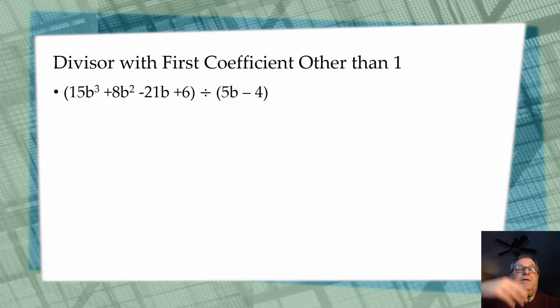All right, here we got 15b cubed plus 8b squared minus 21b plus 6 divided by 5b minus 4. Well, I got b cubed, b squared, b, so I don't have to put any zeros in there. But I can see when I divide, get this to